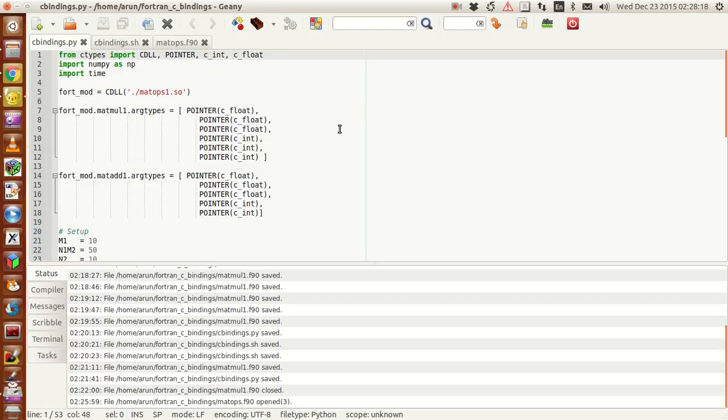Okay, coming back. Here's the thing. We include ctypes: CDLL, pointer, c_int, and c_float. We'll use them in some time. I include a NumPy module for defining the arrays, and I use the time module for calculating how much time has elapsed and everything. And then I'm including the shared object file that we have to generate from the